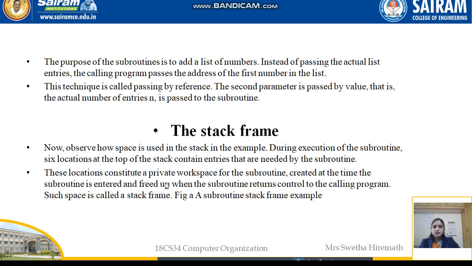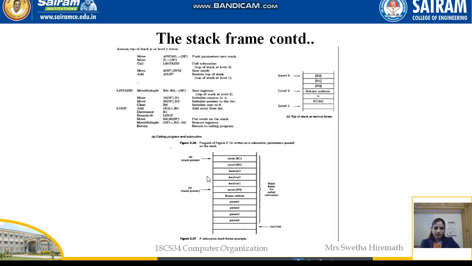So these locations constitute the private workspace for the subroutine, created at the time the subroutine is entered and freed up when the subroutine returns control to the calling program. Such space is called a stack frame. We can see here in this example, these 6 locations: 1, 2, 3, 4, 5 and 6.